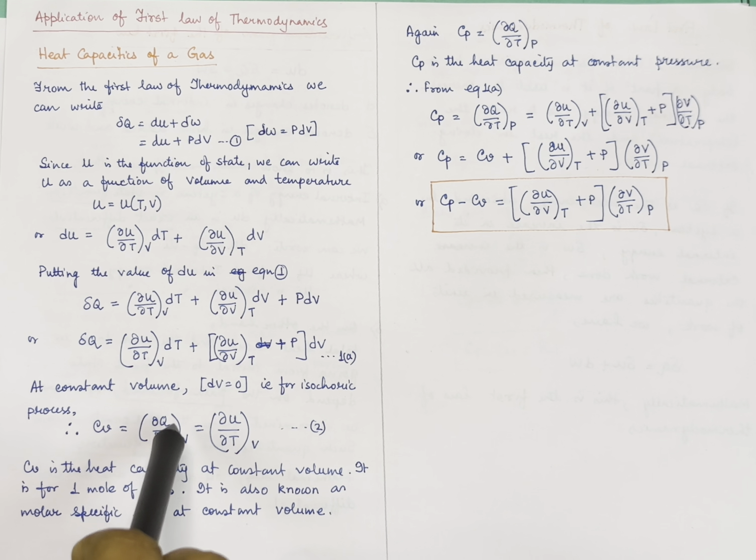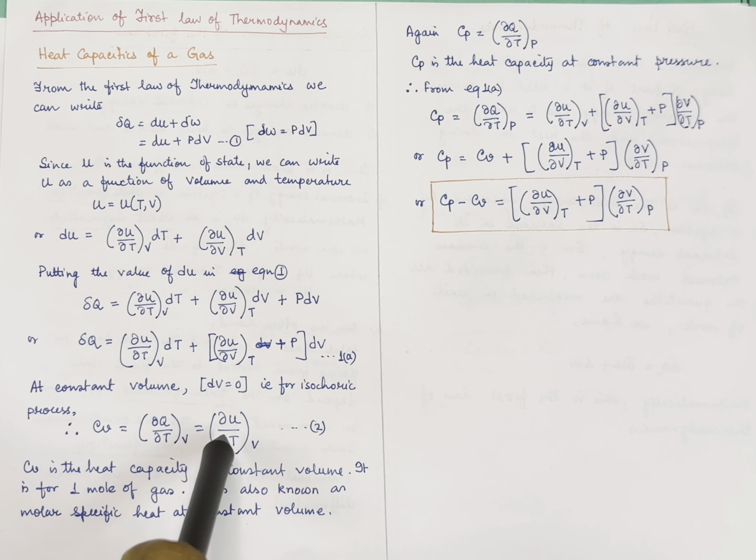So from the first law of thermodynamics, CV is also the change in the internal energy for unit change of temperature at constant volume. So CV becomes (∂U/∂T)_V. (equation 2)